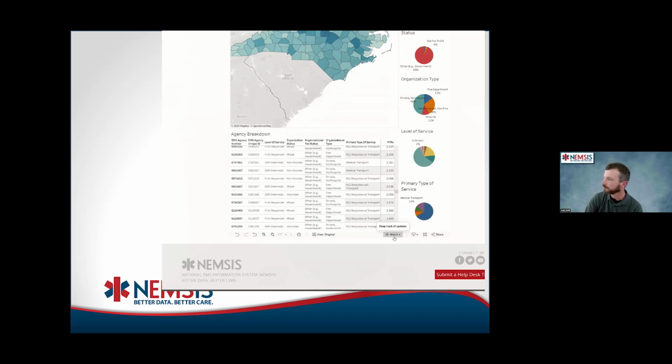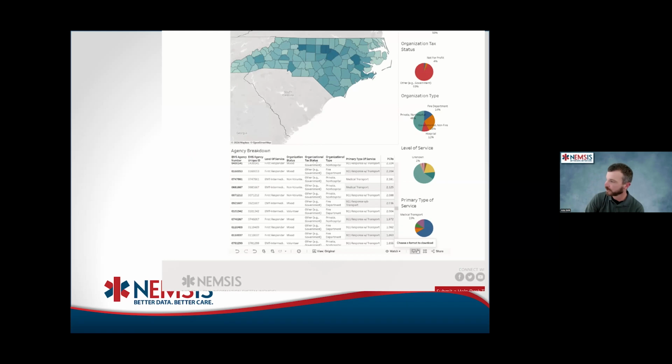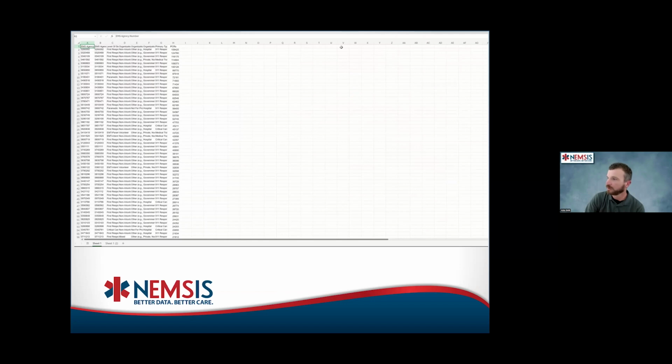And one of the little hidden gems of this dashboard is the crosstab download. So you can select the agency breakdown and download that as an Excel file. I've picked the entire state, but you could do this for just the county if you wanted to. And you will end up with this, the raw download that you get, but it's pretty usable in Excel